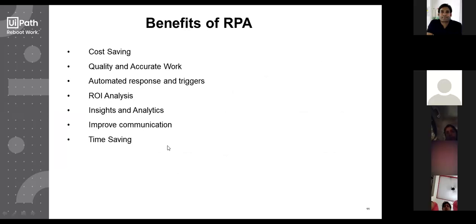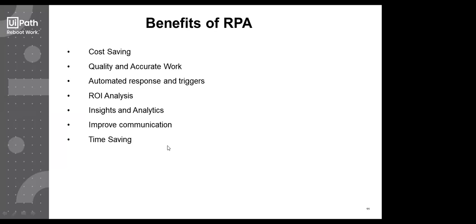Cost saving. As we have just seen, initially you put in the investment, but after that, every year you only have to put in a small amount of cost to maintain and support it. Your work would be done, and because it's highly accurate, there's no human intervention involved. If there is any cost you were paying because of error rates, that would be reduced or would no longer be there.